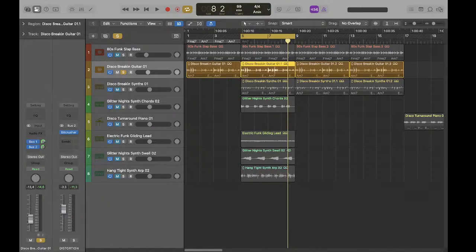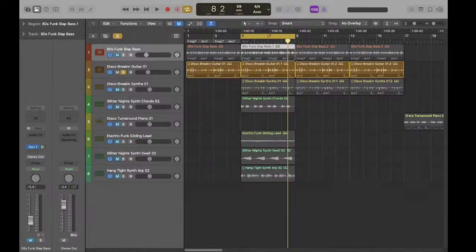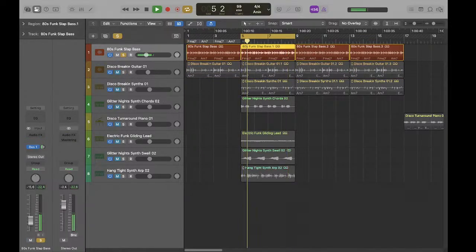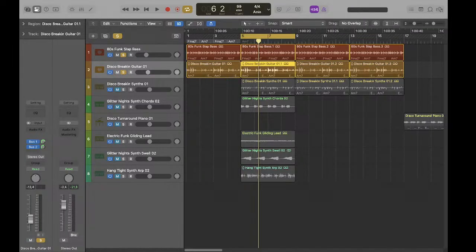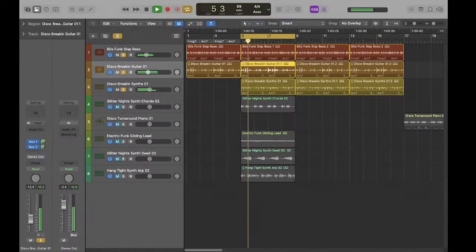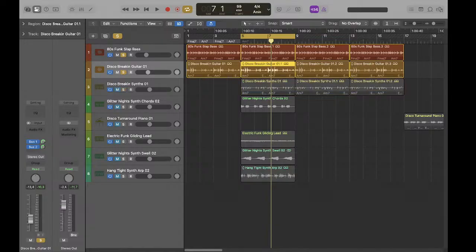Right. So we have guitar, which is using reverb and distortion. We have the bass, which is using just reverb. It's at minus 8.5 right now. Yeah, let's keep it there. So, bada bing, bada boom. Sounds not terrible. So we're going to go one at a time to just